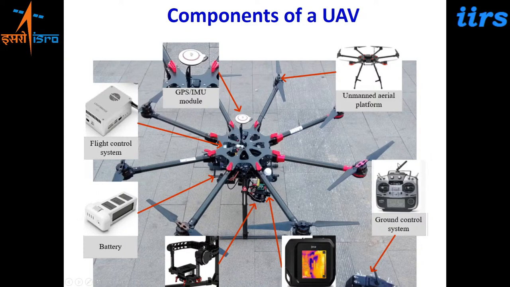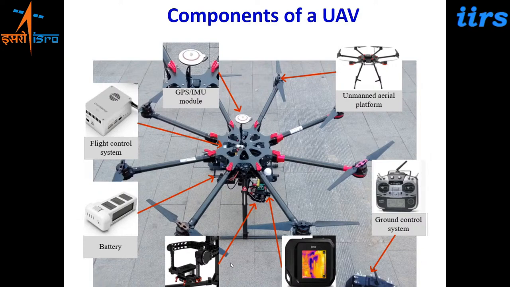So what parameters it has: the UAV range, height, speed, the GPS strength on board, and how much battery power is remaining. So it gives you a warning that battery power is dying out, and you can bring it back to the ground. Okay. Then you also have live video transmission in some of the drone technology. You have a facility for live video transmission to the ground control station.